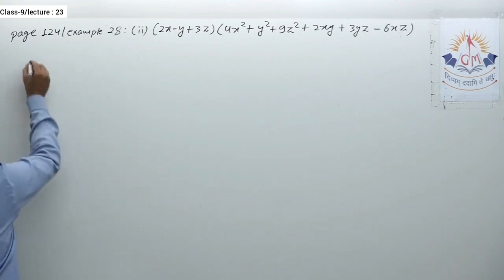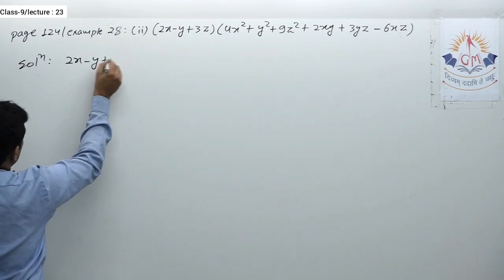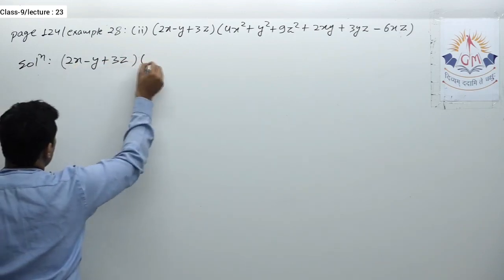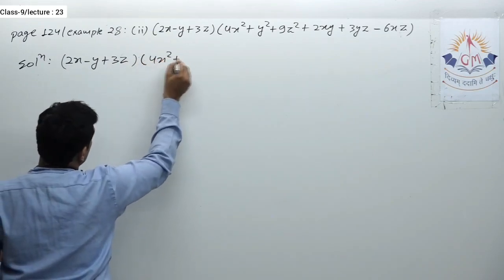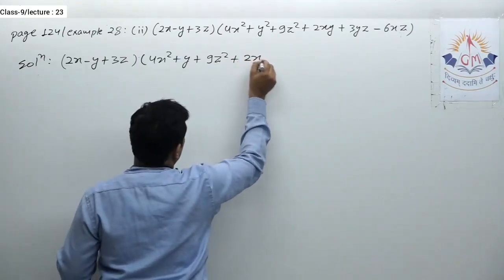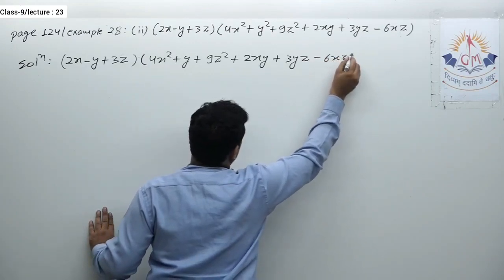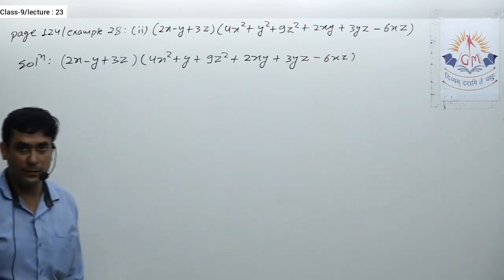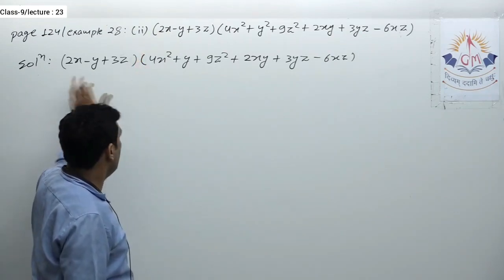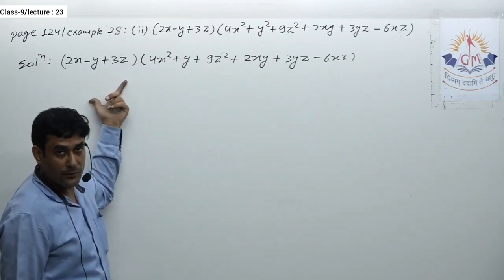Okay, so here we have to find the product of these two terms. Definitely I am not going to find the product by multiplying term to term. Anyhow, I have to find one identity that makes my work a little bit easier, isn't it? So the very first look of this expression gives you a sum of 3 terms.